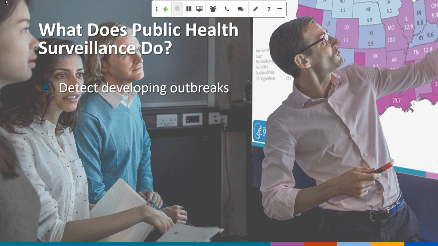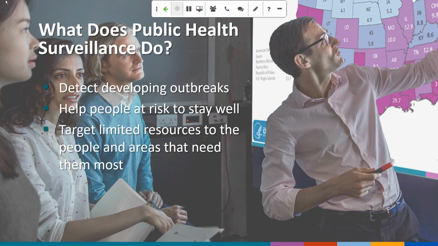This monitoring is important for detecting developing outbreaks. For example, public health data help to find outbreaks associated with contaminated food and keep the food supply safe. It's also important for helping people at risk to stay well. For example, when public health identifies a community with increases in tuberculosis, it can help to get testing and treatment to the people who need it.